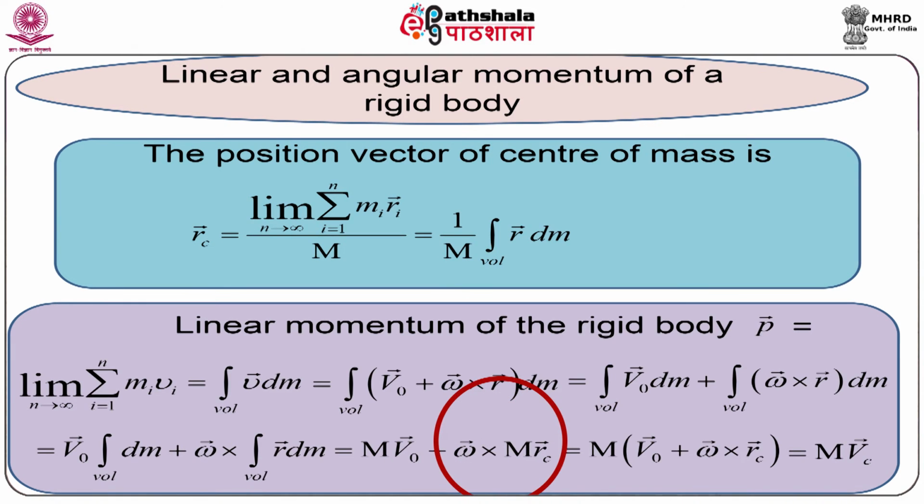This becomes r_C vector. We have used this result here. This can be combined as this. This becomes capital V vector suffix c,